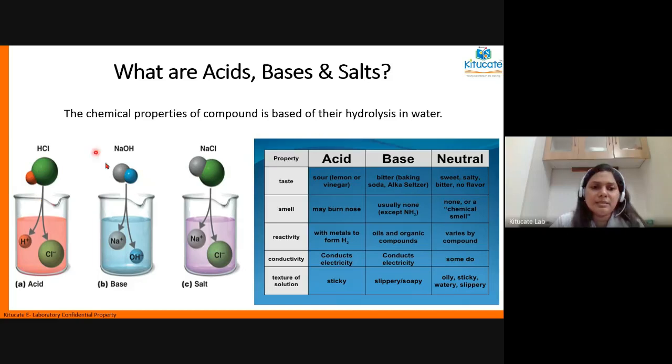Now when I mix these two solutions, when I mix the acid completely with the base, the positive from the acid will go and bond with the negative of the base. So H plus and OH minus will combine and it will become what? When the plus and minus are combining, it becomes neutral. So there is one H and one OH, so it becomes water, H2O. You're understanding, no, what I'm saying?